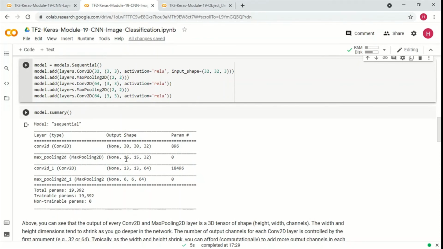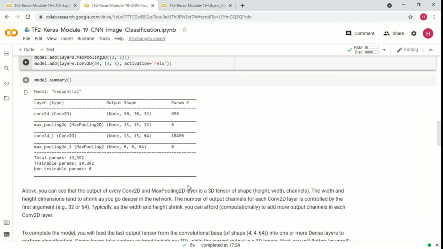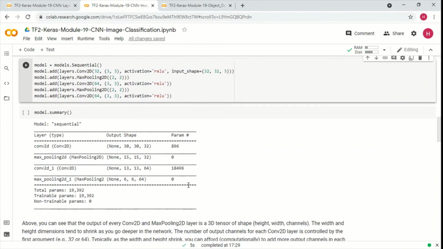And now we have this as an input to the second convolutional layer, which has 64 filters. So that's why the output is 64, and since we had a filter size of 3 by 3, it reduced to 13 into 13. And then we have another convolution layer with 64 filters, and once again the volume reduced from 13 to 6, right? So that's the network that we have.